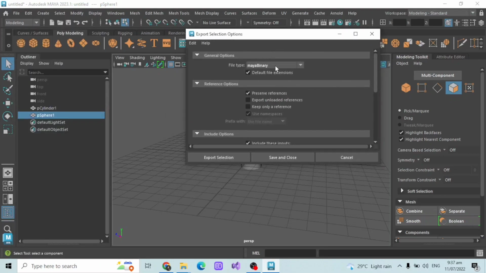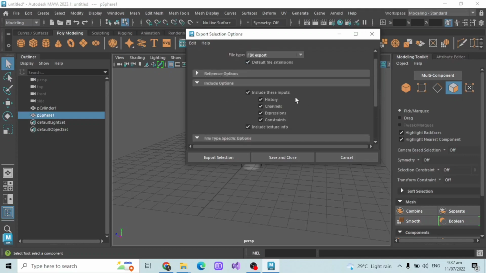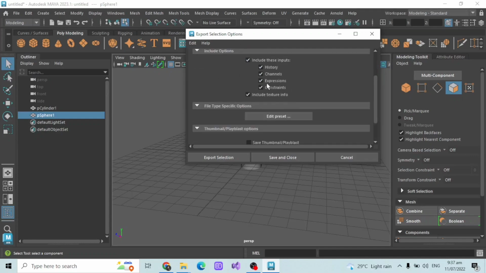So right now, the file type that is defaulted to is Maya binary. I use that when I save the scene so I can go back to it when I'm working on something. But if you're going to export it into an FBX file, you have to select that. So FBX export. Make sure that it's set up to that, and then you don't have to really change the